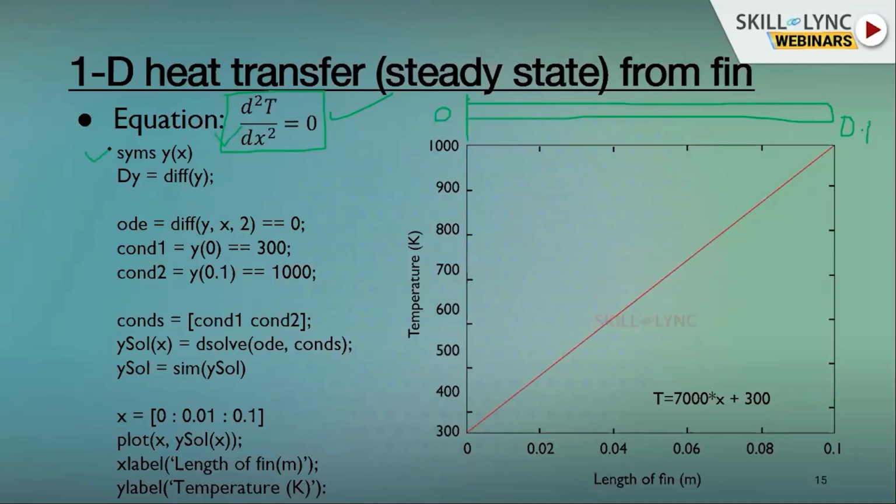Syms is for initializing any equation, so we can provide the equation to MATLAB. Here my task is to differentiate y. See, we are providing all the instructions to MATLAB. If you are new, it will be new for you, that's why you are feeling that it is tough. But once you know that syms means you have to initialize, d square y